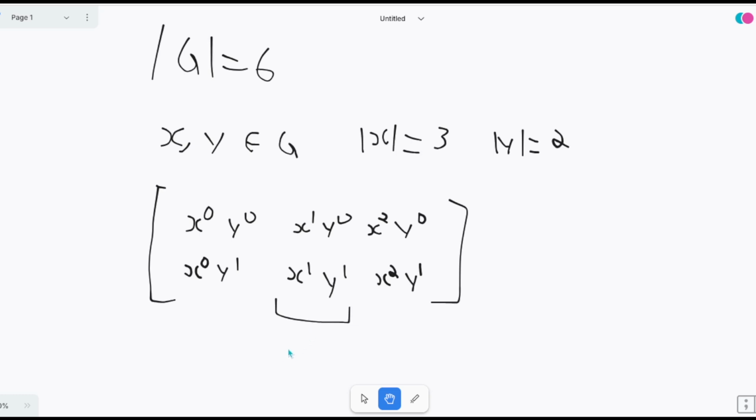And we have yx is one of the elements of the group, and we can't have yx equal to, well, we try to identify which of these 6 elements of the group it's equal to, right? So it can't be